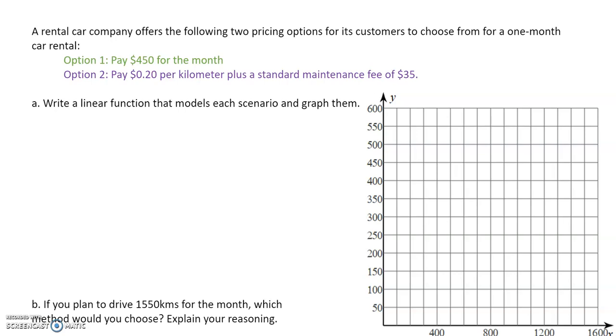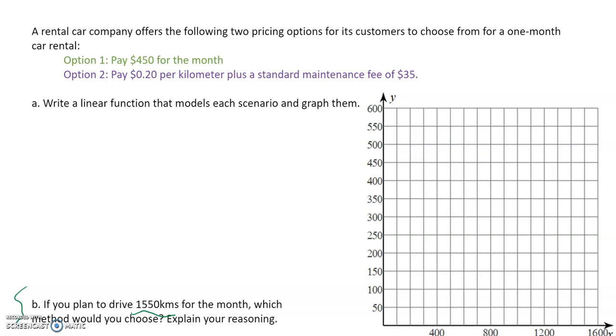This problem asks us to compare two different payment options, or two different cost options, to rent a car. So it says a rental company offers the following two pricing options for its customers to choose from for a 1-month car rental. Option 1 is $450 for the month, and option 2 is 20 cents per kilometre plus a standard maintenance fee of $35. So our job is to determine which is better, or more specifically, which is better for 1,515 kilometres travelled for